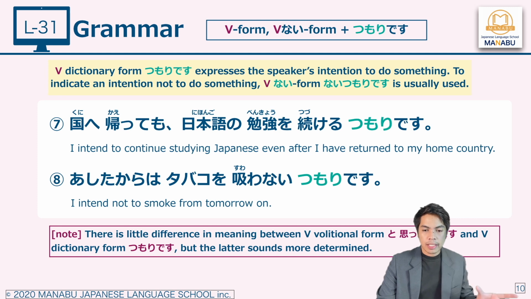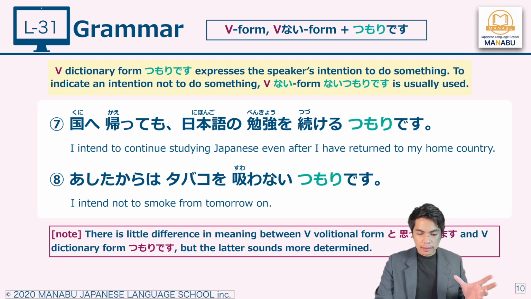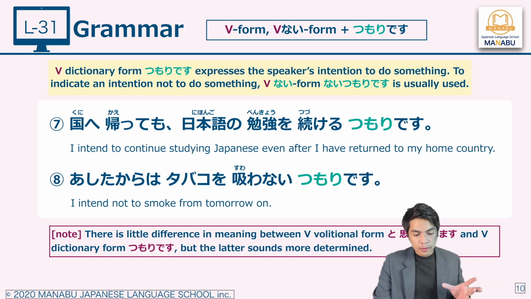Then つもりです. I intend. So I'm decided. I plan, or I'm thinking about. So the verb dictionary form つもりです, compared to the verb と思っています,